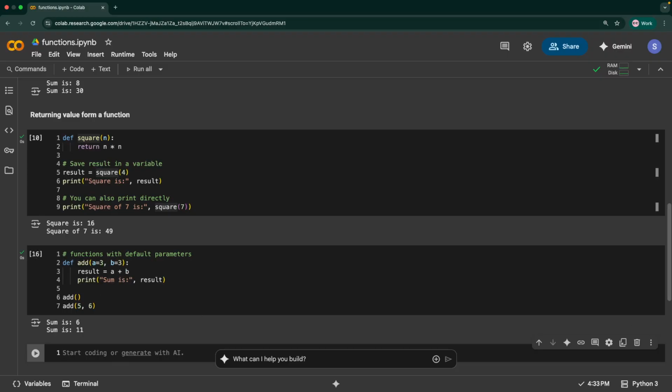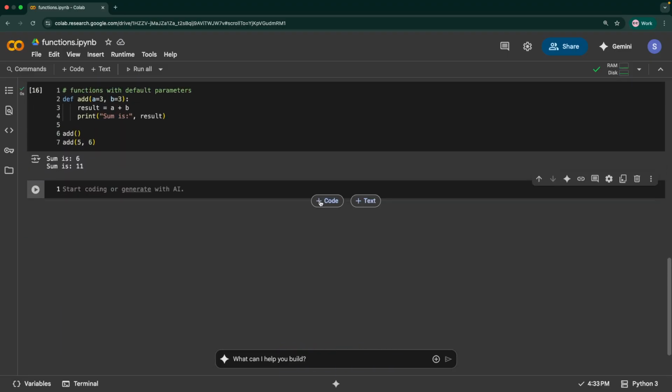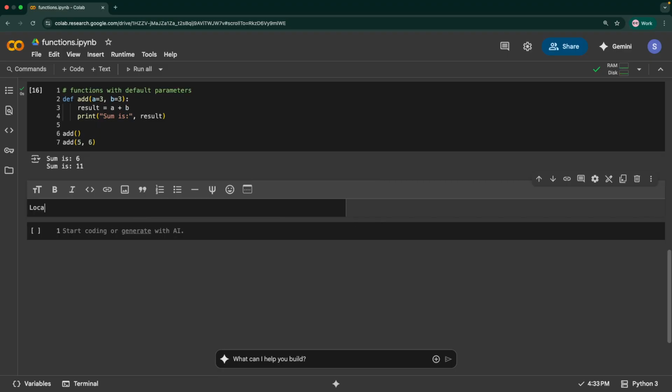And the other main important concept that we are going to work on, or basically understand, is about types of variables. So we have 2 types of variables that are very important when we talk about functions per se. Those are global variables and local variables. Okay, so let's try to understand this.